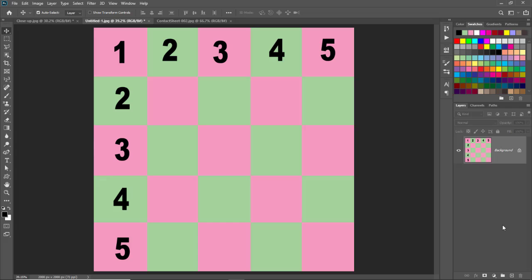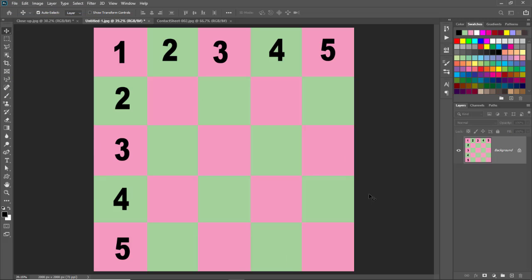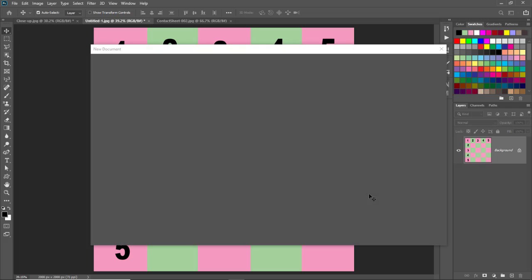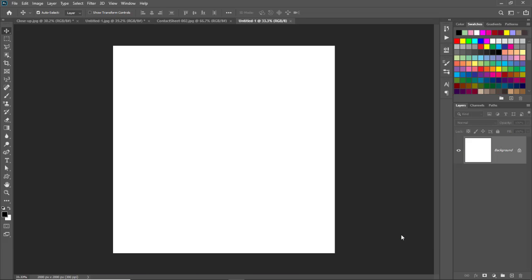In Photoshop, create a new document of your desired dimensions. Go to the File menu and select New. Now enter a desired dimension which you want to make for all your source folder images. I will enter the value of width and height both 2000 pixels. Resolution 300 pixels. And click on the Create button.